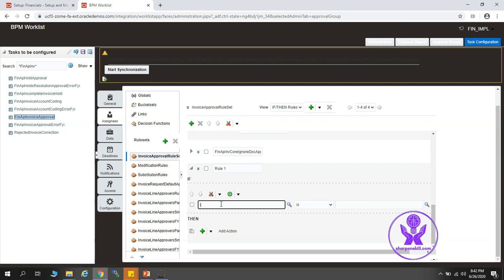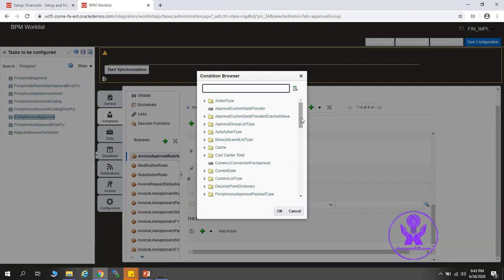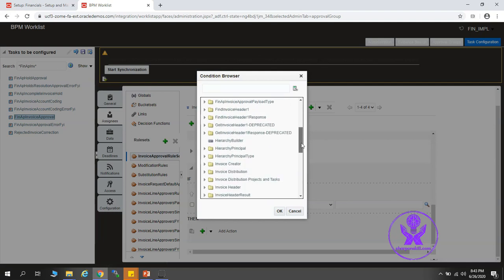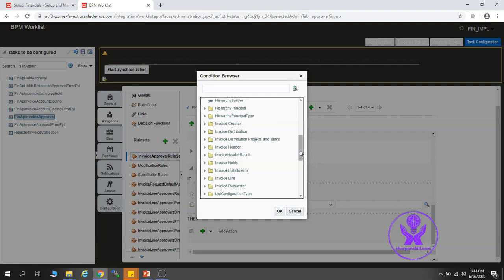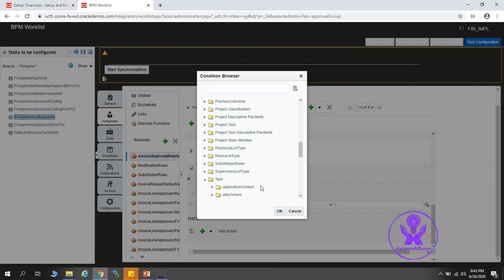First, I'm going to show you what all attributes are there. So you can see there are a lot of attributes if you want to manipulate in your condition. Header, distribution, hold, line, requester. Apart from that, you have BPM workflow specific attributes that are listed under the task folder, right?